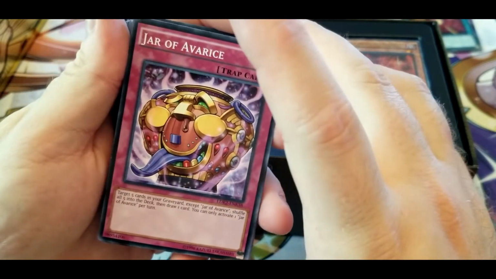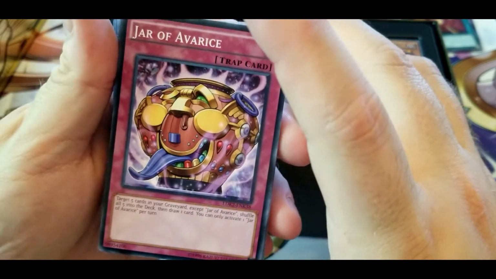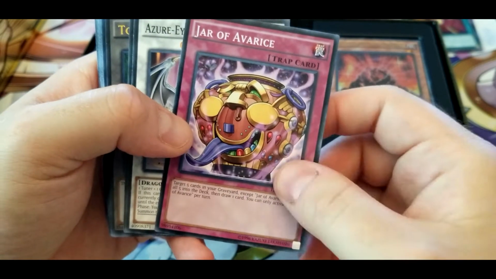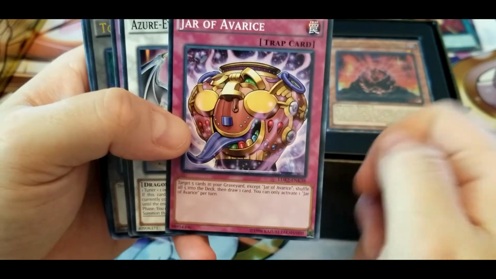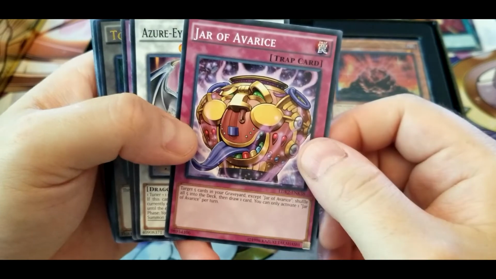Jar of Avarice. Target 5 cards in your graveyard except Jar of Avarice. Shuffle all 5 into the deck. Draw 1 card. You can only activate 1 jar per turn. So I mean, not bad if you have a bunch of stuff that targets stuff in your deck and they're all in the graveyard. So